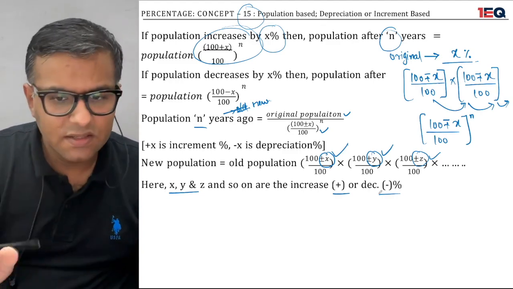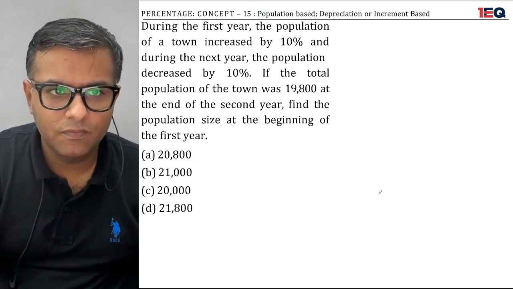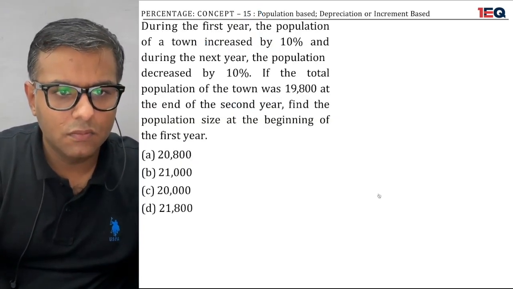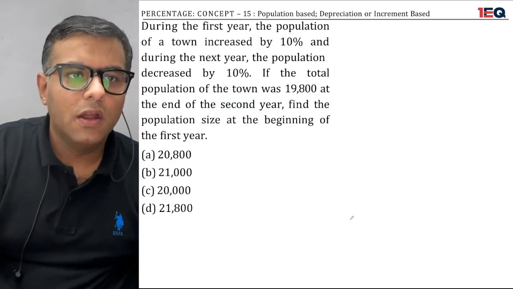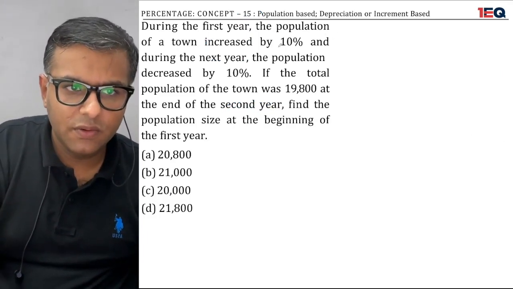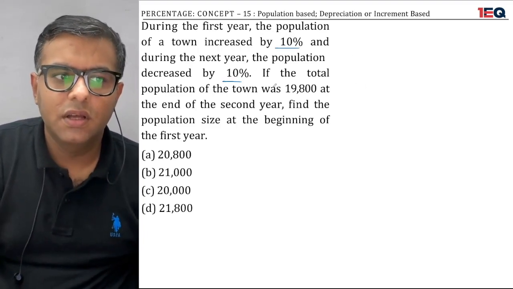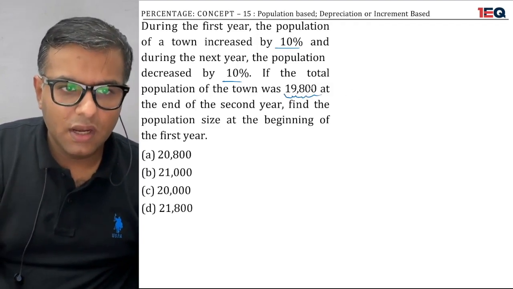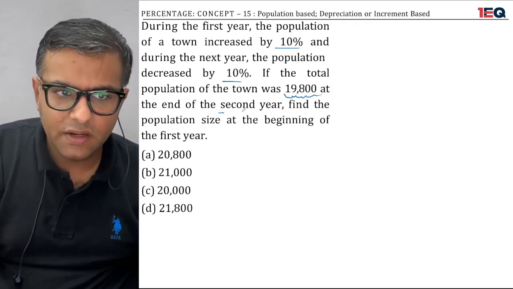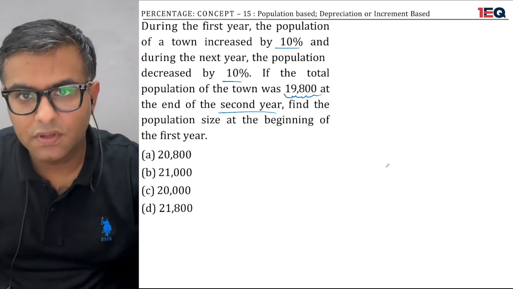So moving on to the question straight away, so that you get a very clear picture of what I am talking about. During the first year, the population of a town increased by 10%, and during the next year, the population decreased by 10%. If the total population of the year was